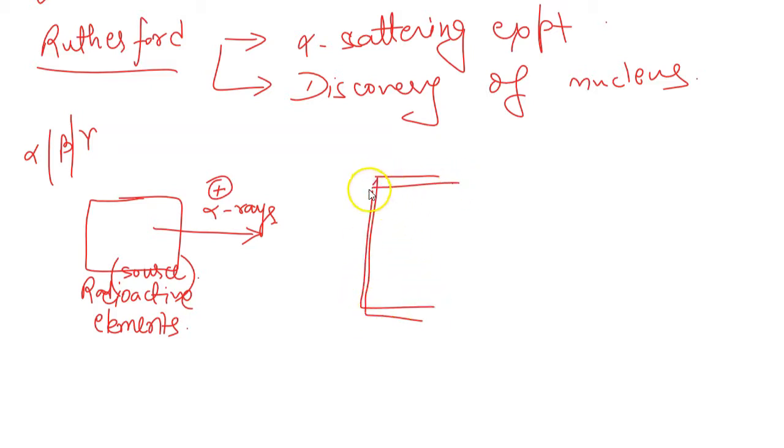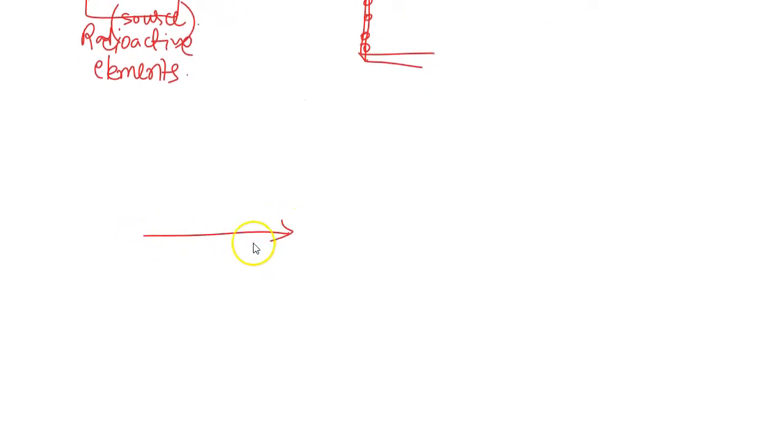So why did he select gold foil? Because the thickness of gold foil was comparable to the thickness of an atom. If he had selected other elements, then that would have contained more atoms in the way. But here you can see only 1 or 2 atoms were there. I am talking about a very thin gold foil. Through this thin gold foil, he emitted the alpha rays, and let's say this is the atom, he observed.